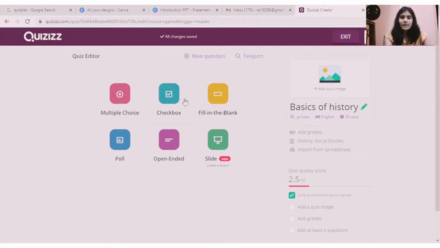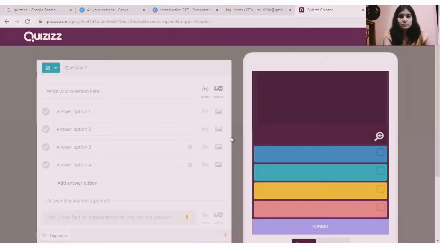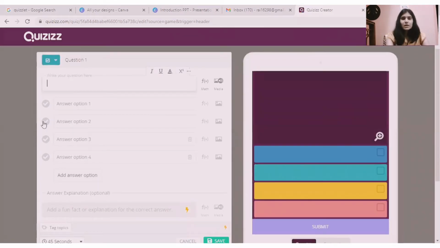For now, I will take a checkbox. Write your question here. Click on the correct option. Here you can write four options, or even add more options to it.